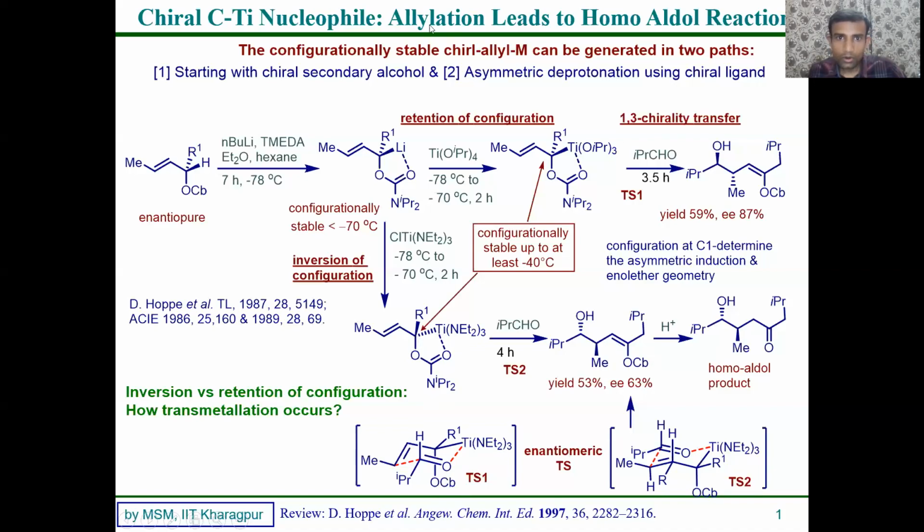Now why do we call allylation a homoaldol reaction? What is an aldol reaction? In the aldol reaction, the alpha proton undergoes deprotonation and then it adds to an aldehyde or a ketone. Here a similar type of reaction works. If you hydrolyze this product, you get a similar type of homoaldol product, because there is simply one more CH2 extra. One more carbon is inserted. That is the reason it's called a homoaldol reaction.